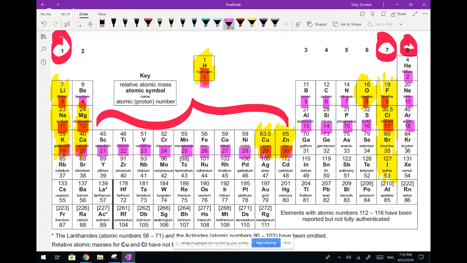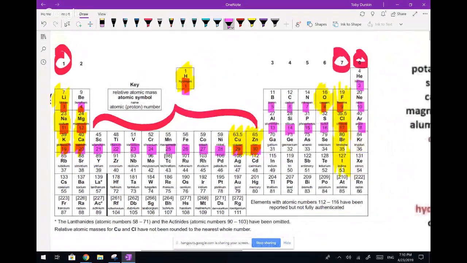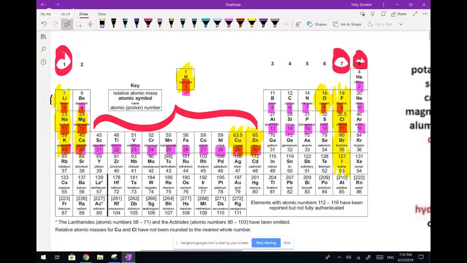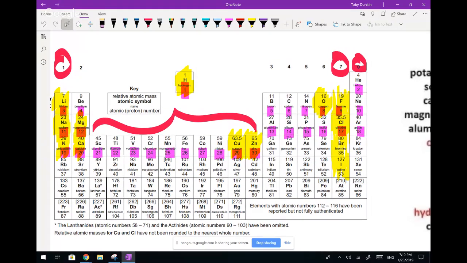Now, Dana, you said mass number. And I now need to point out to you why that's not true. And this was thanks to a really famous chemist, the founder of the modern day periodic table,